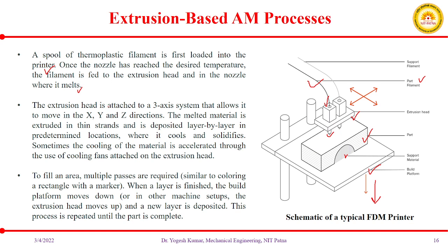The extrusion head is attached to a three-axis system that allows it to move in the X, Y, and Z directions. The melted material is extruded in thin strands and is deposited layer by layer in the predetermined location, where